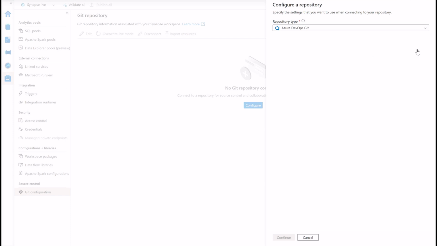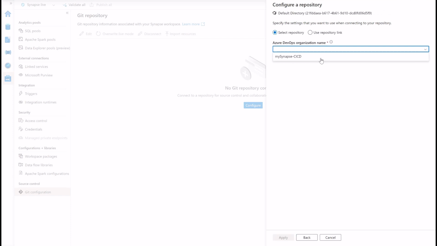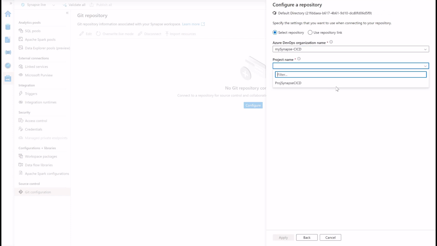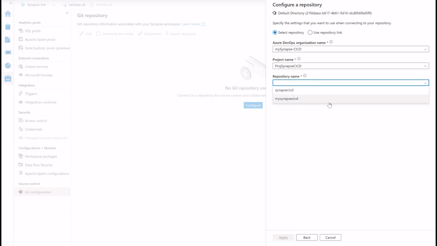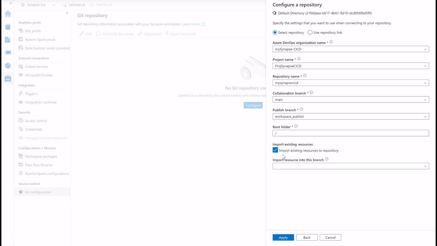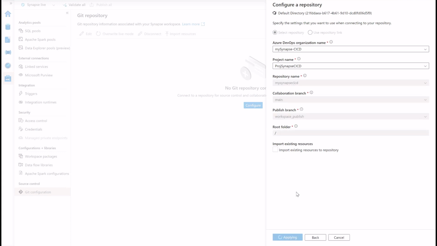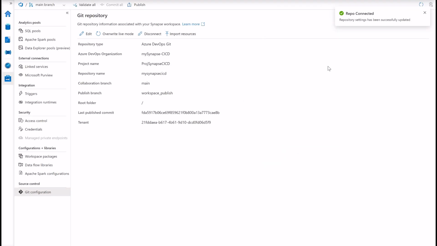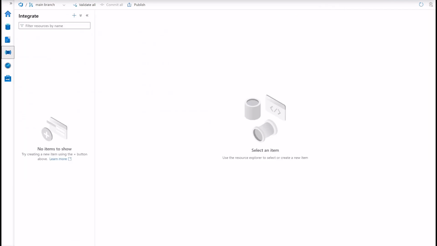So I'm going to start this process again. I'm going to select my organization, my project, my repo, and my main branch. I just want to integrate with this repo. Okay, now that the repo is connected, I'm going to start working on my artifacts, but I'm not seeing anything